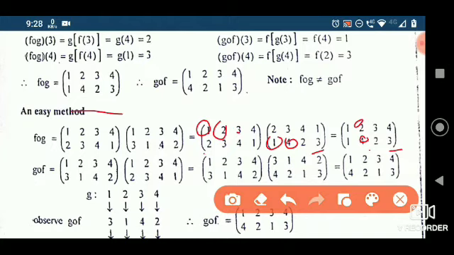Right? Now g of f, first write g. First write what is g, then write what is f, then change the symbol, change the columns as this, whichever number you have, make it first. Now 3 is there, so we kept 3 and 4 first, then 1 is there, 1 and 2 second, then 4 is there, 4 and 1 third, and then at the end we have 2, so 2 and 3 last.